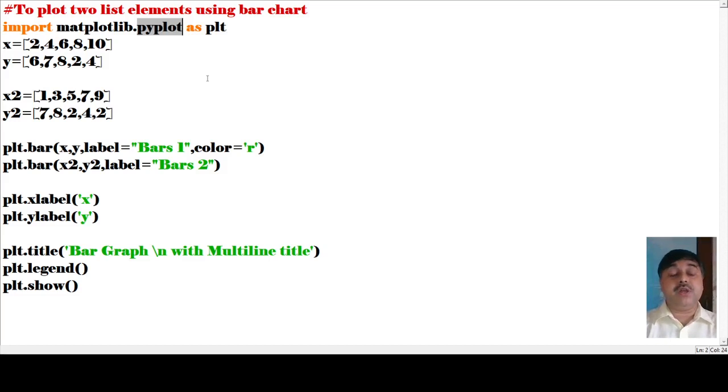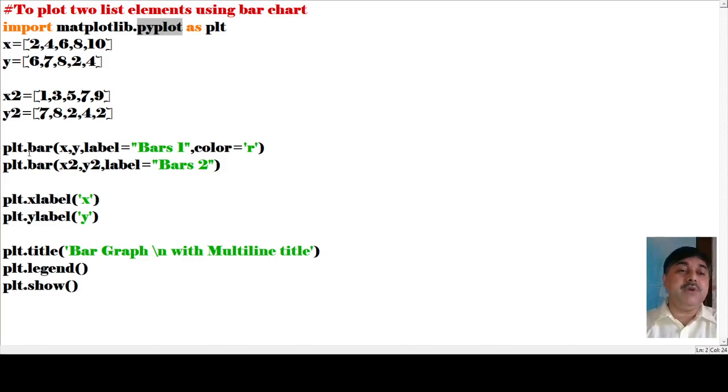Now when we work on it, we have x and y axes. In the x axis some values have been given, and in the y axis some values have been given: x is 2 4 6 8 and 10, and y is 6 8 6 7 8 2 and 4. Again, x2 has the values 1 3 4 7 and 9, and y2 has 7 8 2 4 and 4. So these are the values defined.